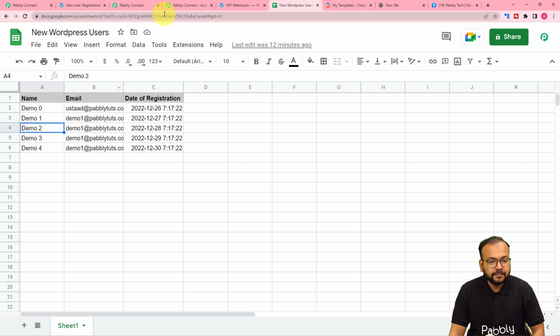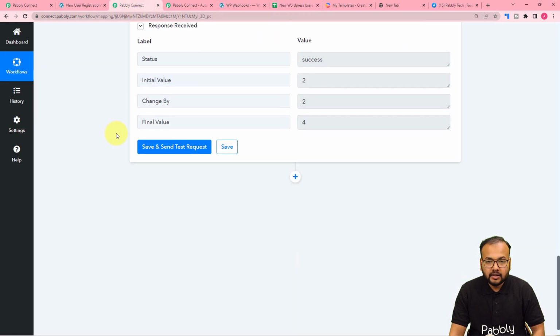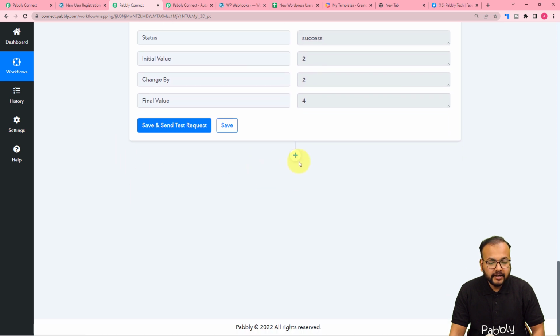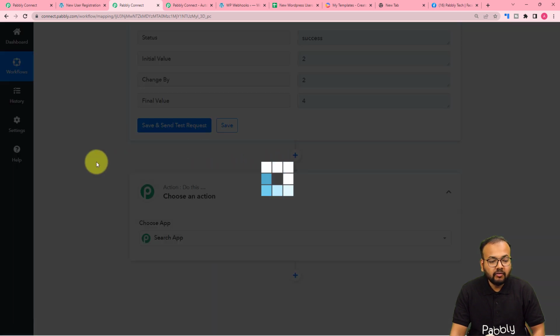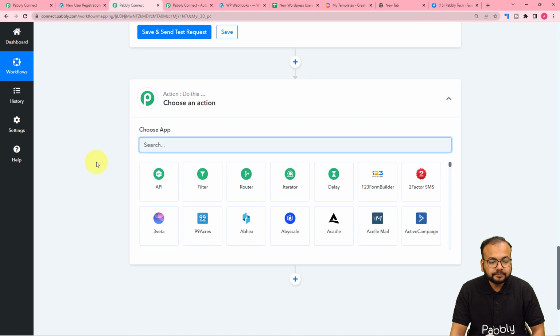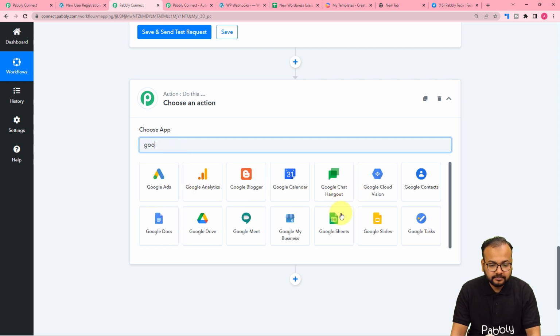That's how we want. Now let me move ahead here and just click on this plus icon, and now what we want, we want to capture the data from Google Sheet. So now it is time to connect with Google Sheet here. But before this, let me just show you. Search for Google Sheets,